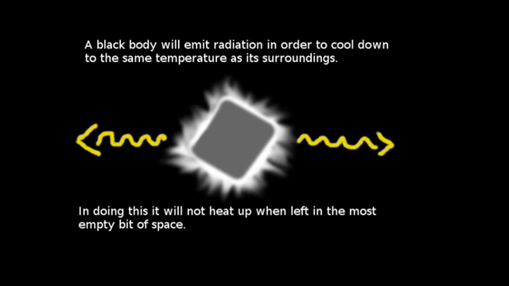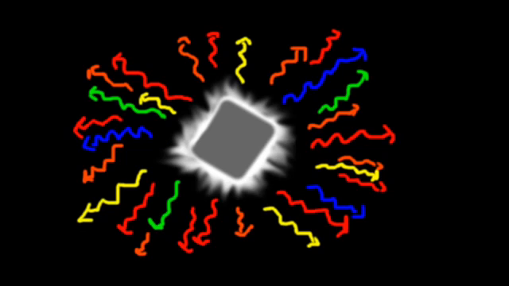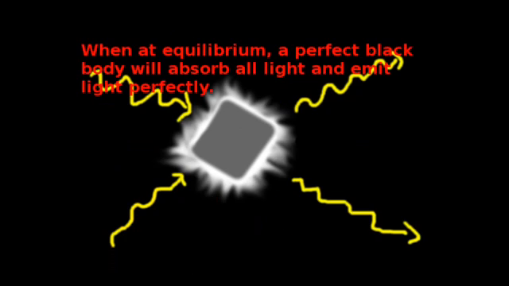Well, with this in mind, let's try and consider how we can cool the box down with this idea. We could have it emit light of all wavelengths and energies, with different amounts of each wavelength to carry heat away. This leads to the idea of a perfect black body. A black body will absorb all radiation that falls upon it, otherwise it just wouldn't be black. But as a result it must perfectly emit all radiation too, otherwise it would just heat up. Now this is an interesting idea, but it seems a bit weird.